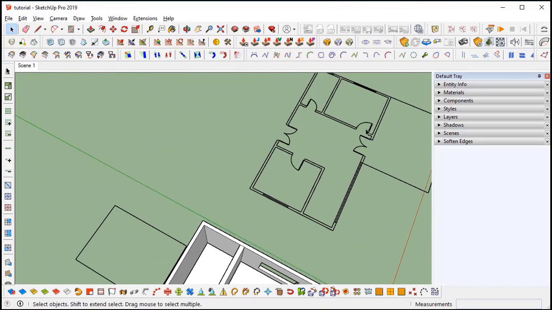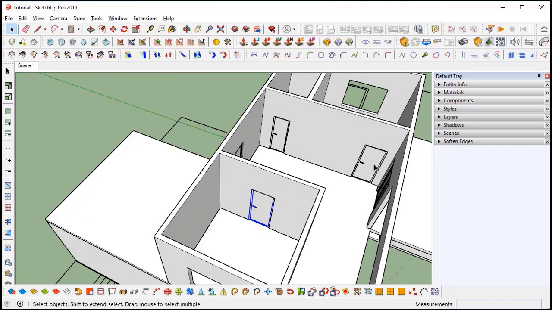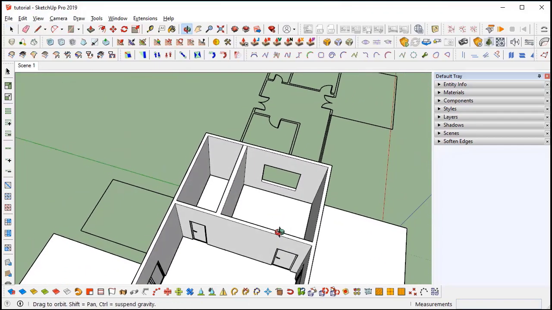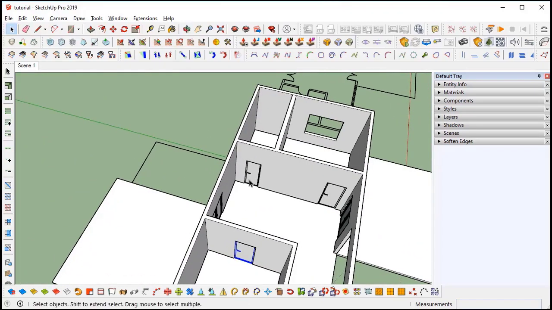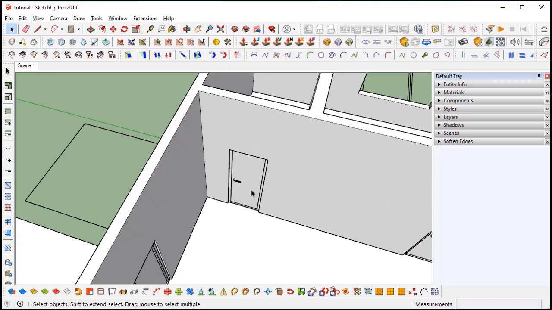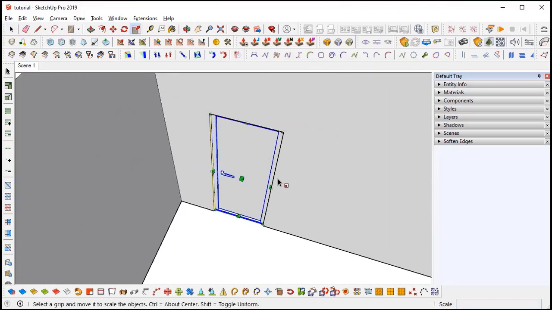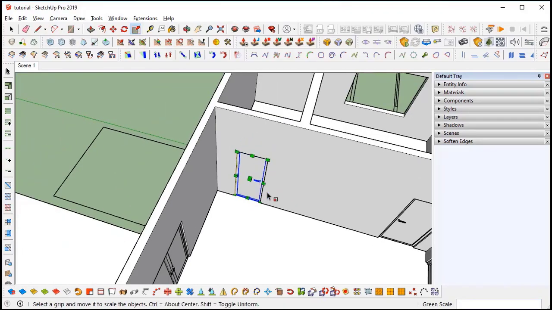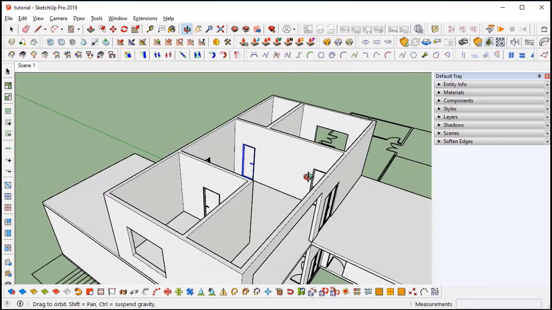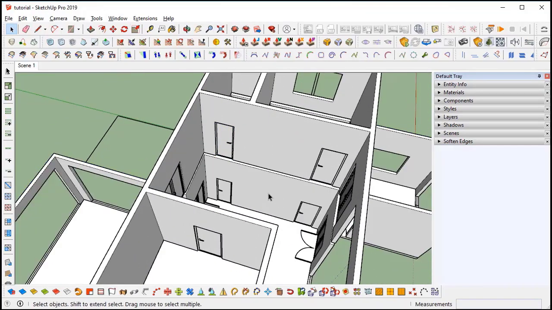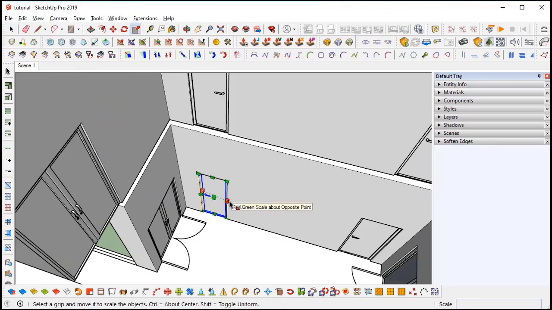You can check the door opening position, it's perfect, but the toilet door is in the opposite direction. So simply I will do one thing. I will use the scale command. I will hold control to change the orientation. Simply snap it to -1 scale. Hold control, -1 scale.